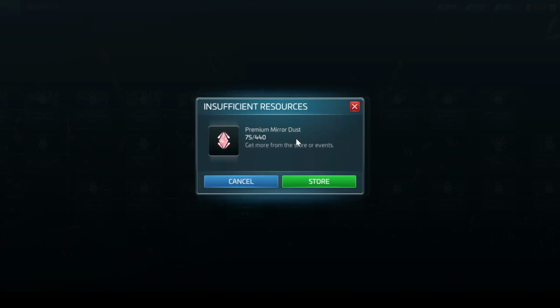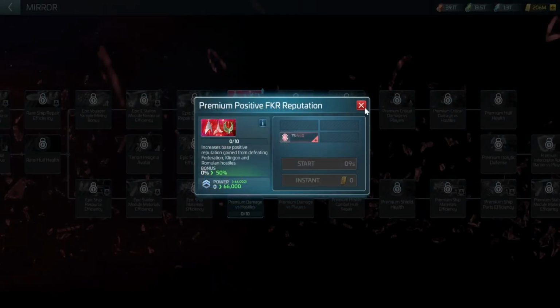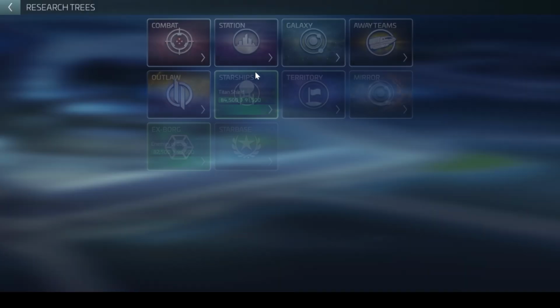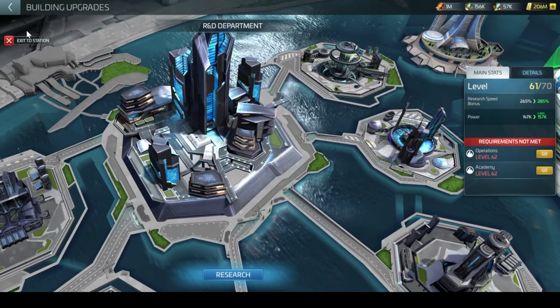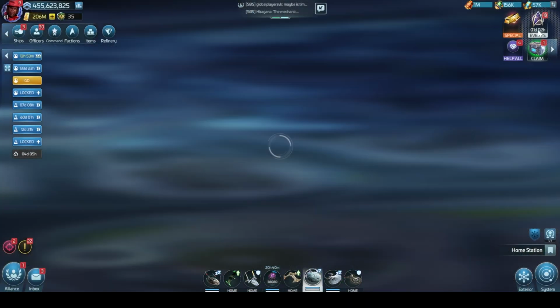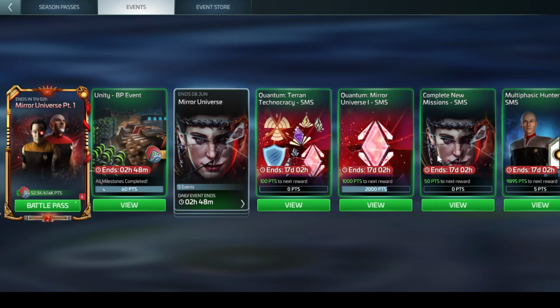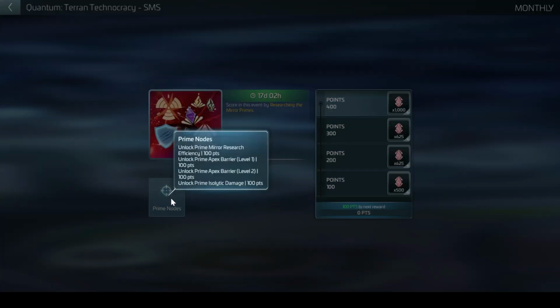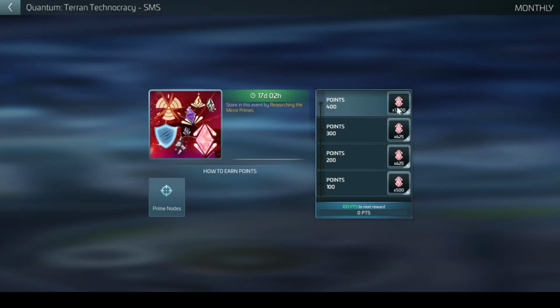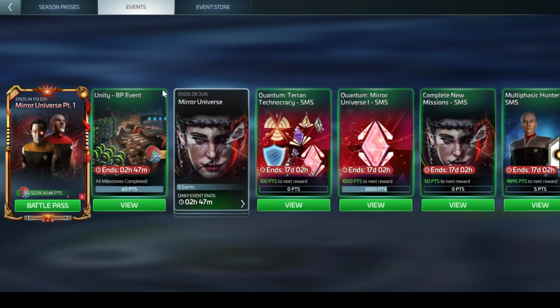The premium mirror dust is earned by completing quantum events. Quantum events are a new name for the old heroic style events. I don't know whether we're going to see heroic as well, or whether everything's going to migrate across to quantum, but the quantum events, which are in essence spend events like this one here, which is updating your prime nodes, which as we know are spend only,